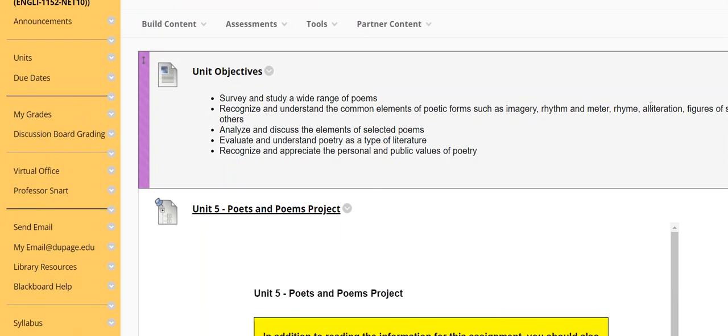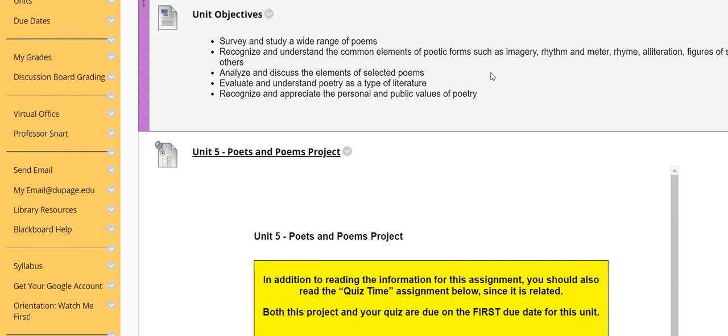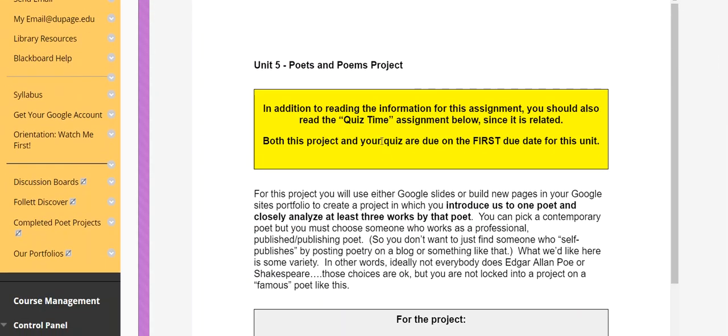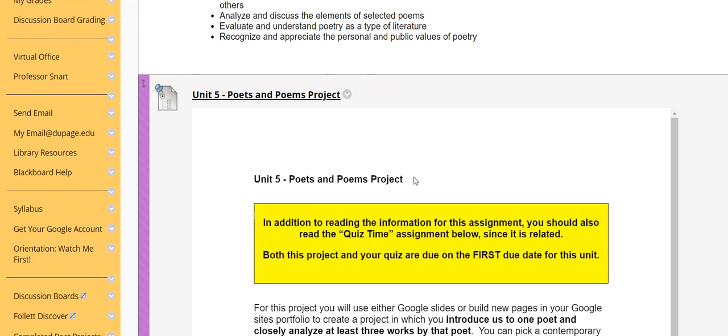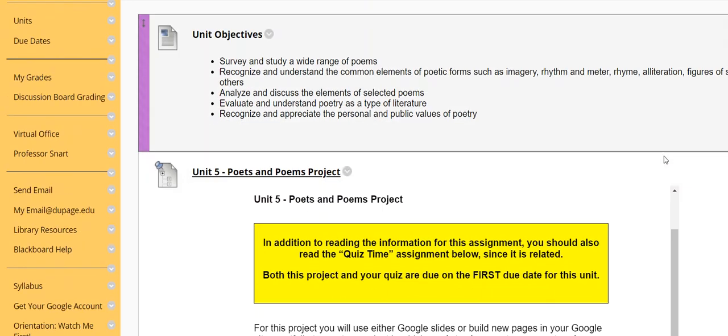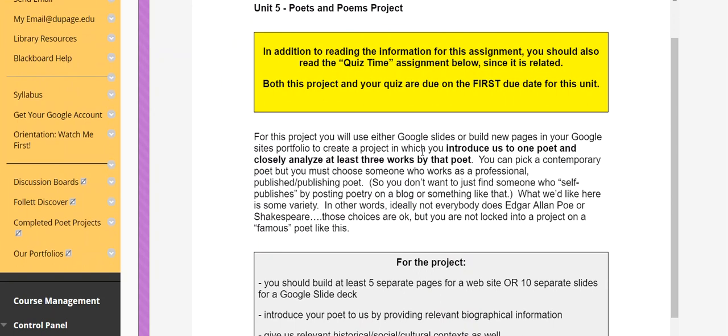Our Poets and Poems project, again touching on pretty much every one of our course objectives here. And like I say in big, bold, highlighted, kind of hurt your eyes yellow, I think it's useful, especially here, but really throughout our course, to make sure that you've looked at this whole unit before you jump in to this very first part. So basically, you're going to do a kind of report. That's a really boring word for describing it, but you're going to introduce us to a poet of your choice and a few works by that poet, using either like a Google slide deck, or maybe you just want to